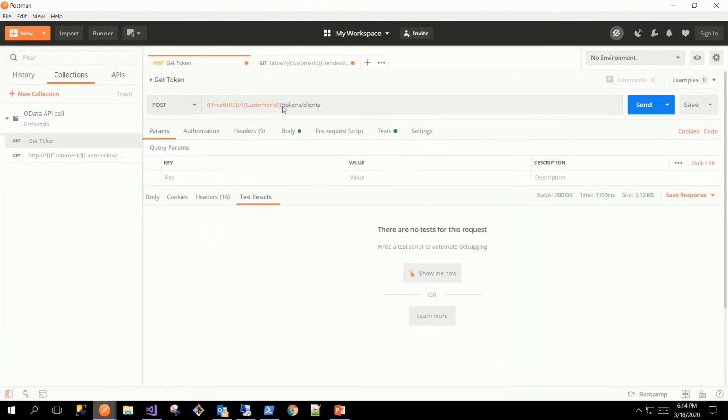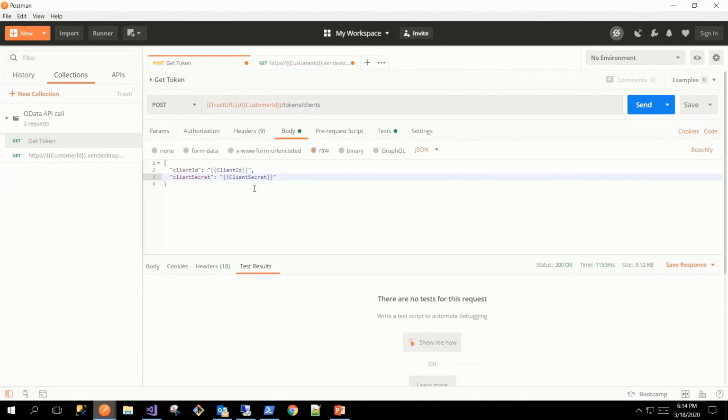So I have two API calls. One is get token, and what it does is it'll call this trust URL / customer ID and the endpoint with no auth, and with the body as the client ID and secret, which is there in the variables of Postman.